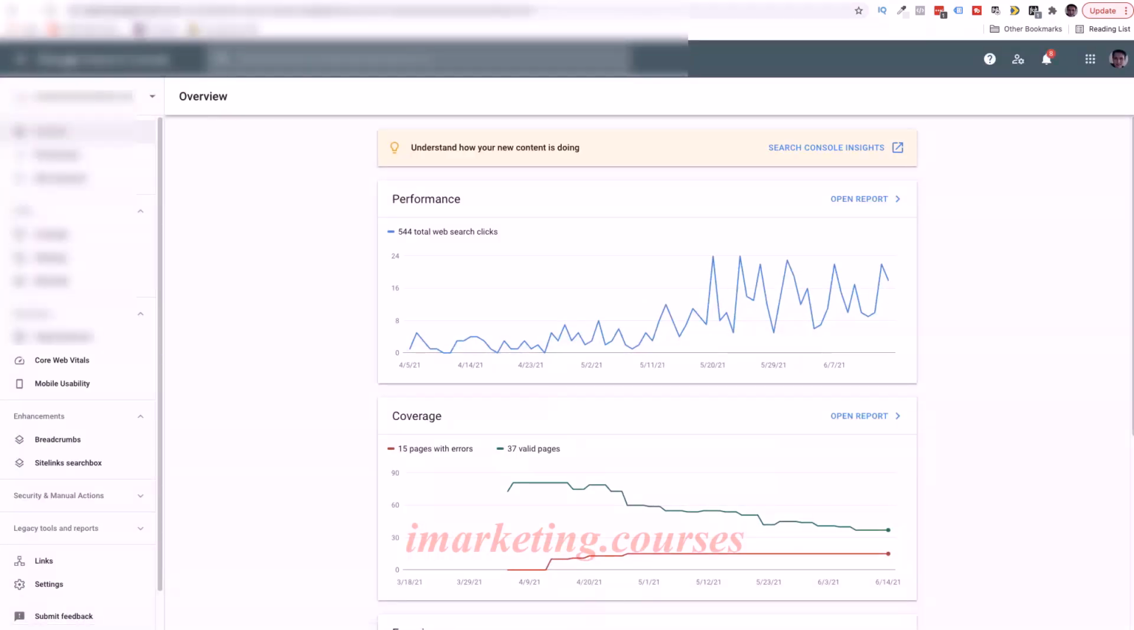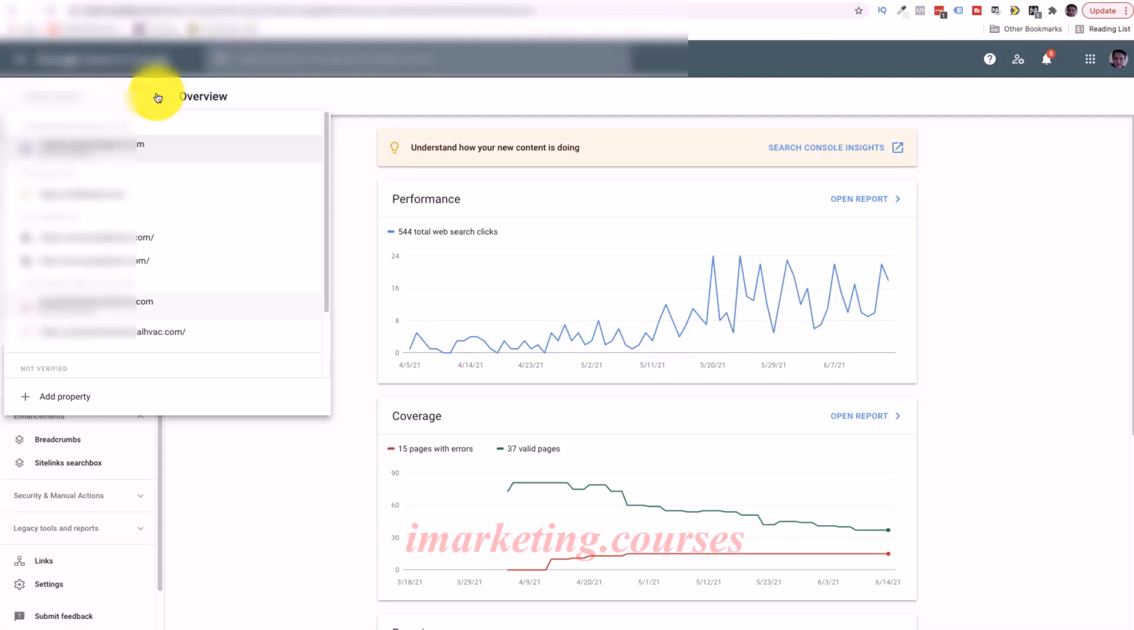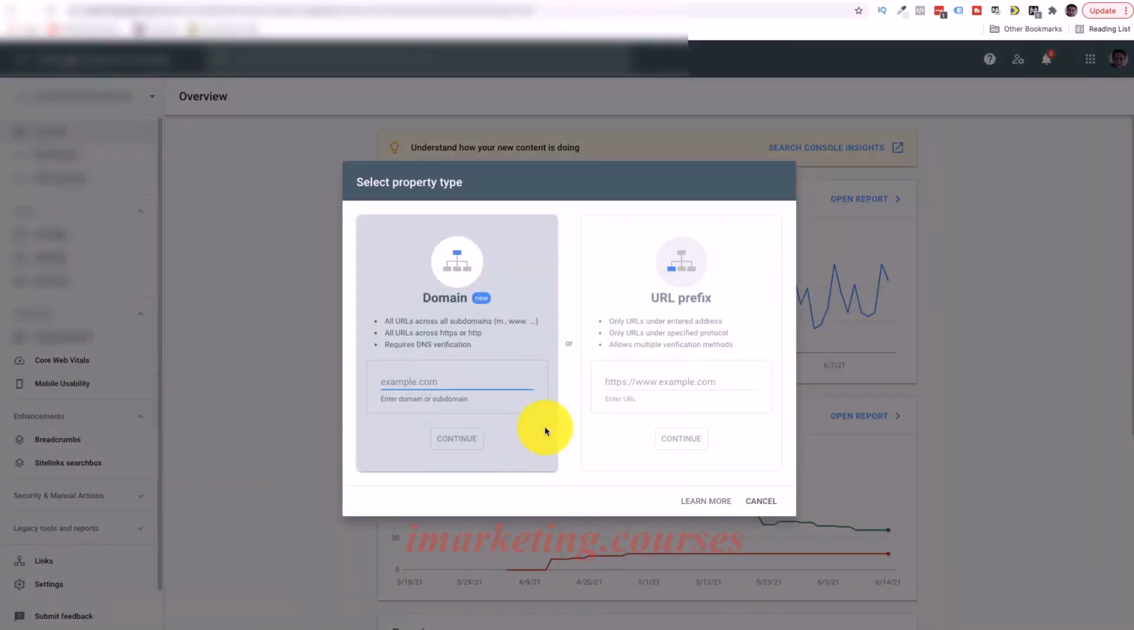Now I've got a lot of client information in here, so I'm probably going to be blurring some stuff out. But basically, you'll come up to the top and click Add Property, or hopefully you'll see it somewhere on the page if you don't have anything in here, where it says Add Property. So click Add Property, and you'll have to test out which one to do,